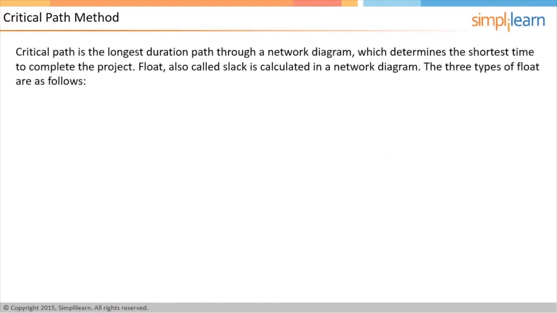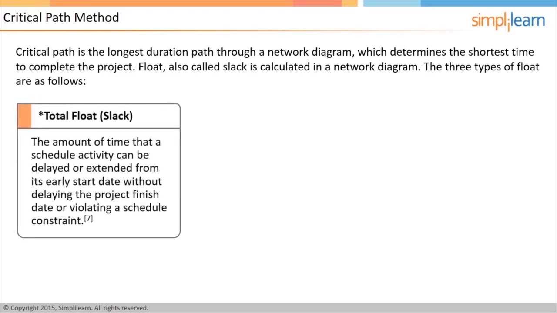Critical path is defined as the longest duration path through a network diagram, which determines the shortest time to complete the project. Float can be considered as a buffer time available to complete an activity. Float is calculated once the network diagram is ready. It is also called slack. There are 3 kinds of float. The first being the total float, which is the amount of time an activity can be delayed without delaying the project end date or an